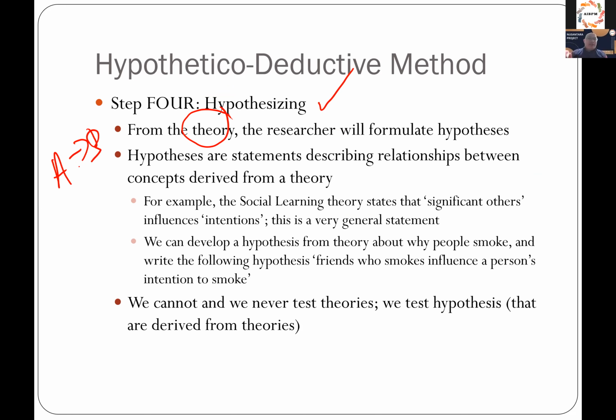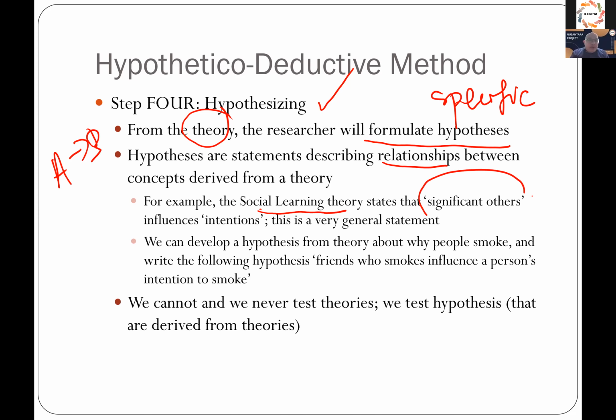This is very general. So you need to formulate the hypothesis so that it becomes specific. Specific means what? Specific in terms of your context. Okay, so a hypothesis usually describes a relationship. For example, social learning theory says that significant others